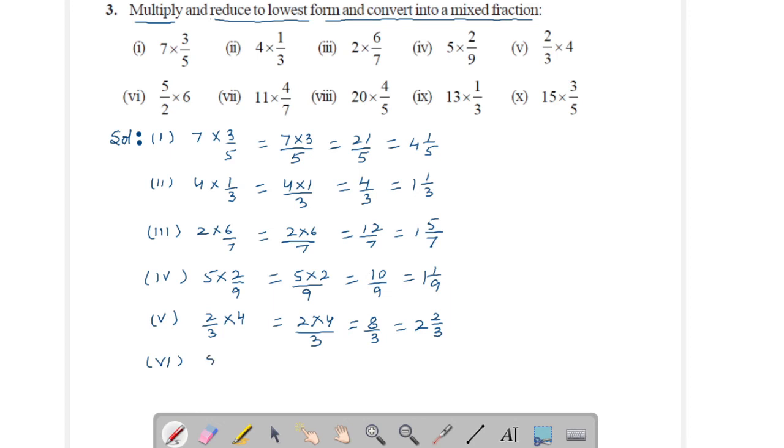It is 5 upon 2 into 6. Here you can simplify by cancelling 6 by 2 or simply multiply it. It will be 5 into 6 upon 2 equal to 5 sixes are 30 upon 2. Cancel this. 2 ones are 2, 2 fifteens are 30. You will get 15,